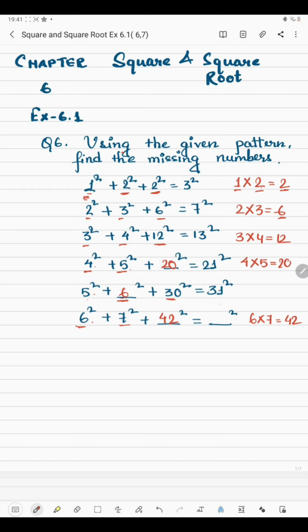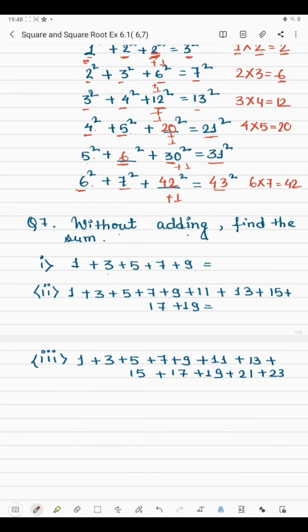Now we have to find this number which is there in the fourth column. Now we'll check the pattern in fourth column. Now see, if you go through the pattern in third column and fourth column, see here plus 1 will be added to this to get the digit in fourth column. Here also if you add plus 1, then you will get the digit in fourth column. Here also plus 1 to get 13. Here also plus 1 to get 21. Here plus 1 to get 31. So here plus 1 will be added to 42 to get 43, which we will have to find here.